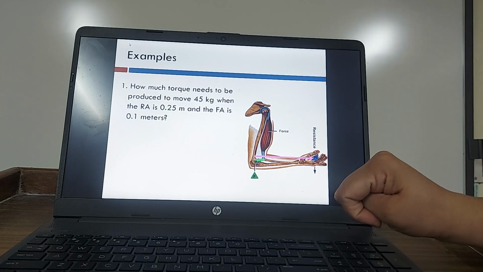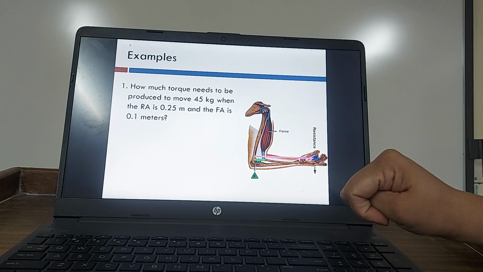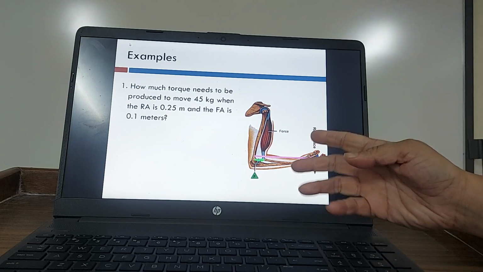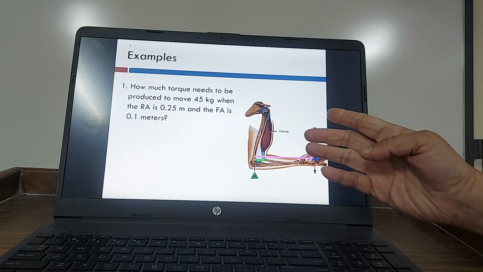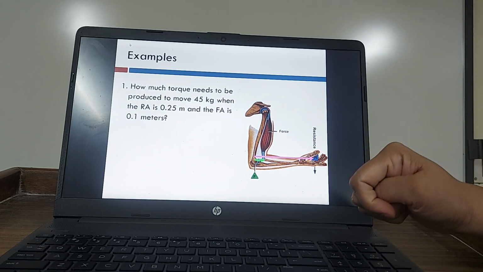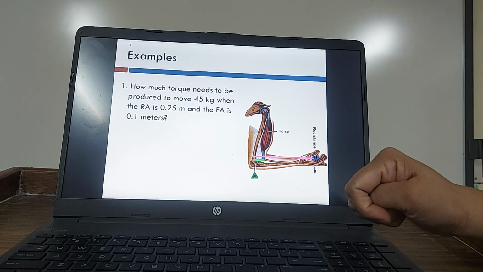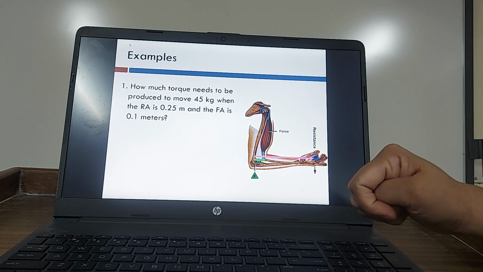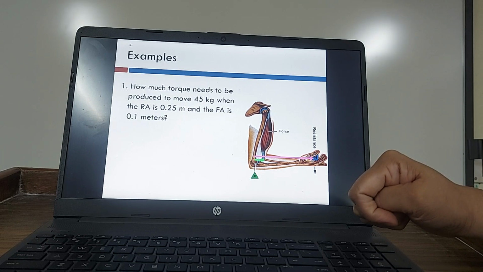आपने फोर्स फाइंड करना है ना? कैन यू, आप फोर्स नहीं फाइंड कर सकते? आपके पास मैंने FA दे दिया, RA दे दिया एंड आपको वेट बता दिया 45 kg, दैट इज R, रेजिस्टेंस बता दिया, तो F की वैल्यू आप फाइंड कर सकते हो? क्या हो गया, इतना टाइम क्यों लग रहा है?